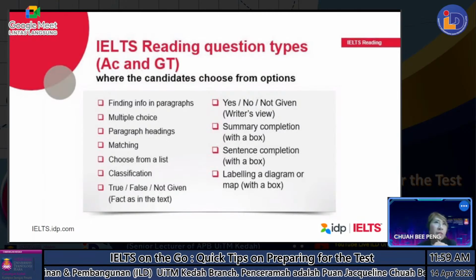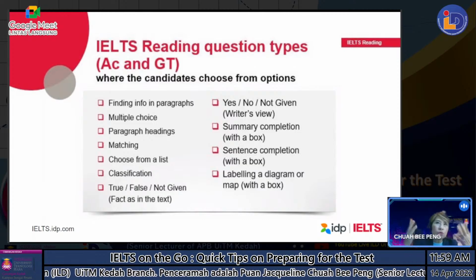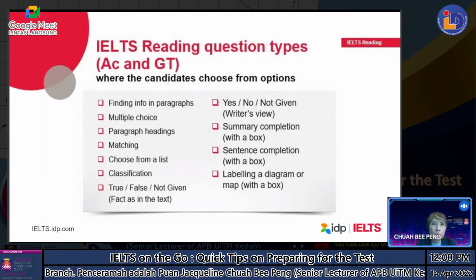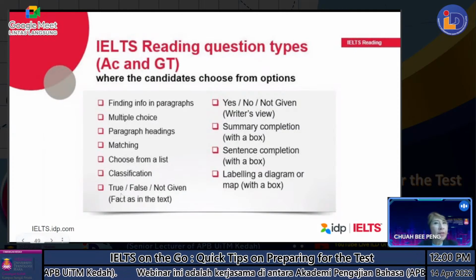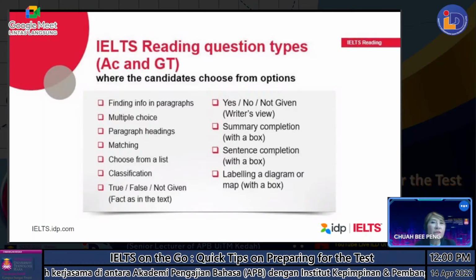It's like SOP. First thing, when you go to a shop, before anything, you have to take out your phone. You have to quickly click on your MySejahtera app. It's almost by default. So similarly, the more you practice, the more familiar you are with the entire process. So you can do it faster and also better.